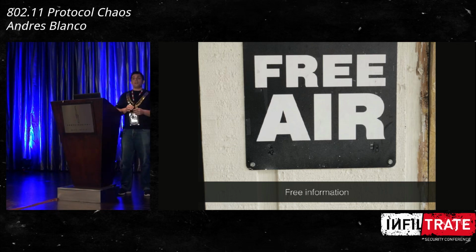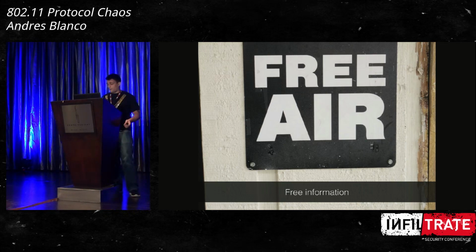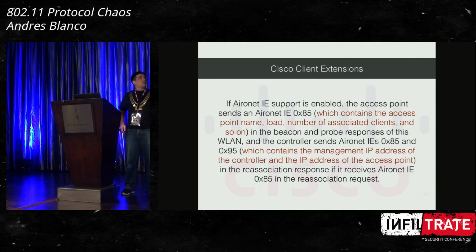I'm going to talk about devices that are leaking information even if they are using a secure network. You're using WPA2, but some devices are leaking information to anyone that is nearby. The first thing I'm going to talk about is Cisco Client Extension. That is a protocol for Cisco enterprise devices. For example, in this hotel, I don't know if they use Cisco, but if they have like 100 access points, they are all controlled by a controller called a WLAN controller. This device controls all the devices. This controller has support for CCX, this protocol, Cisco Client Extension, and this is part of the documentation.